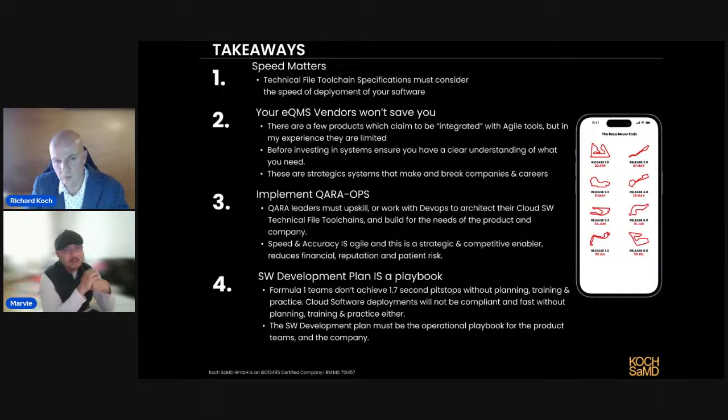And many of those consultancies tend to transfer their knowledge from the physical medical device into the software, rather than learning from the software developers themselves of how they work, right? So many try to mandate, okay, this is how my experience is of developing a hardware or an IVD device, so this would be the same process and structure of how you should do it for software development as well.